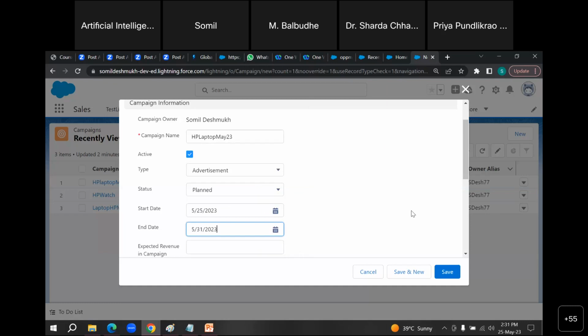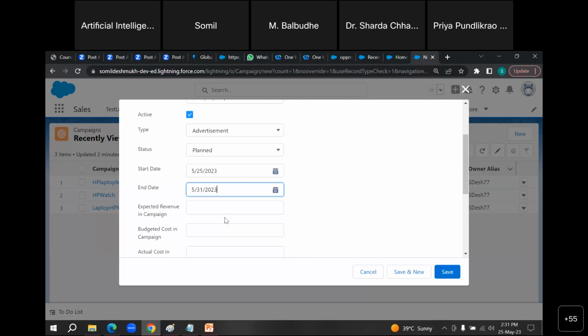Now, expected revenue in campaign. So how much cost would be required in that campaign? Expected, that is not actual. Expected can be low and actual can be high. So that would depend. So I'm saying $1,000. So $1,000 is expected. Budgeted cost in the campaign. Budgeted means what is the budget that I have been given. So see, budget would be given by your higher authority that okay, I am giving $900. It should be the budget. You are expecting $1,000,